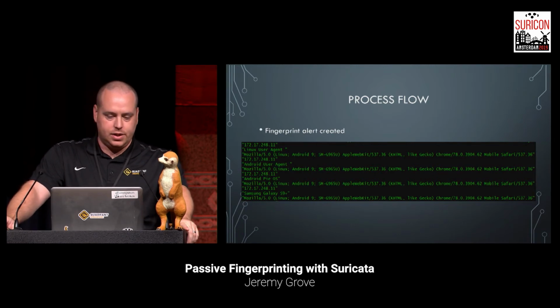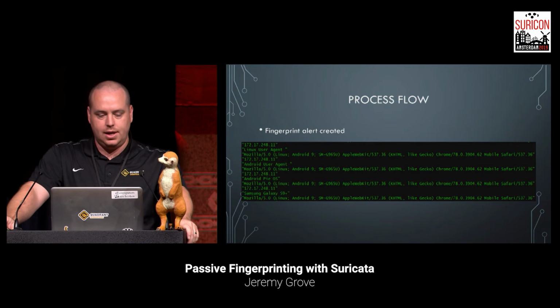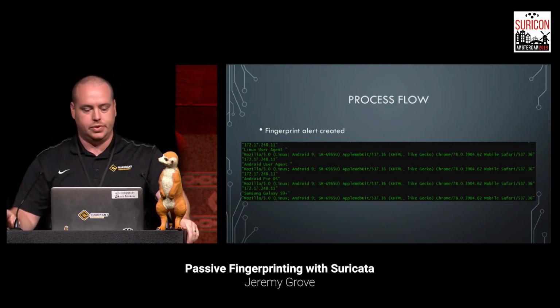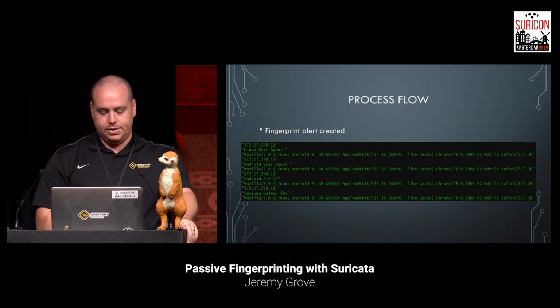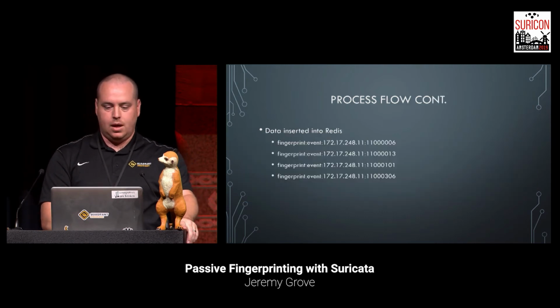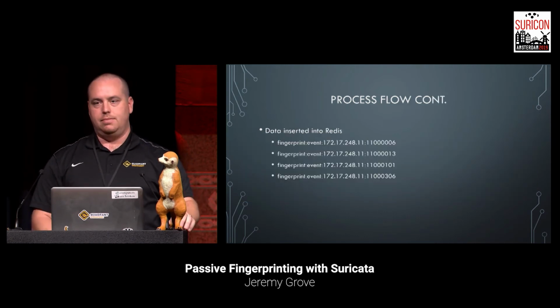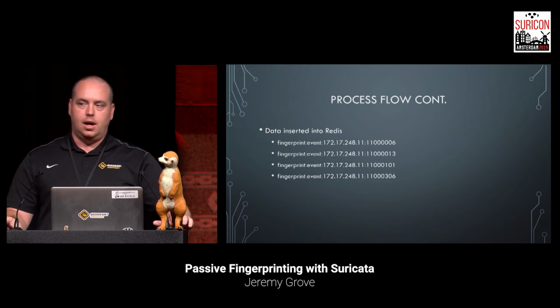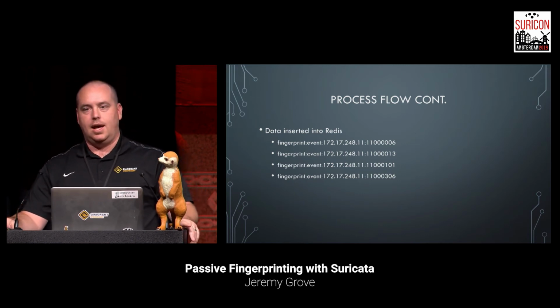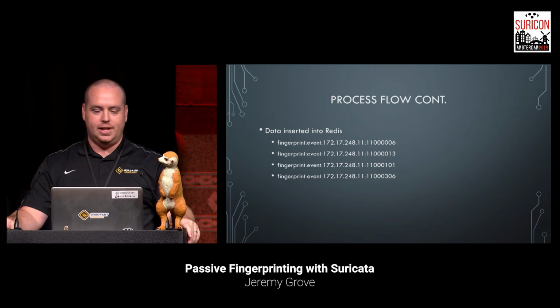And then, there we are, it's Android 9, which is the Pi version of OS, and it is a Samsung Galaxy S9 Plus, which is also useful. So that one user agent set off those 4 signatures. Now the alerts have been created, and Meer is going to take that alert, and instead of taking the alert